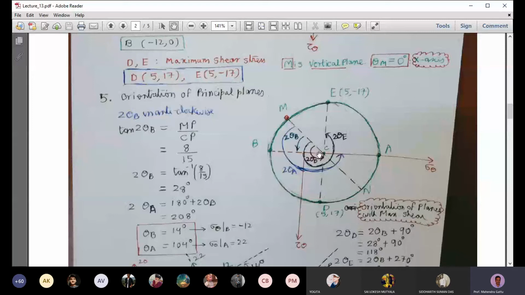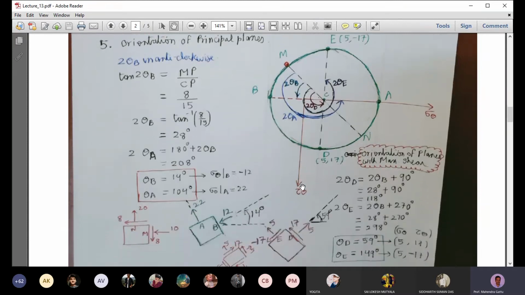It's a simple geometric problem. You can find the coordinate of G, and you can join G with the C, and then you can extend it, and it will intersect the circle at G prime, and then you can find the corresponding coordinate of G prime. So if you know coordinate of C, it will be Cx plus r cos theta, that is 5 plus r cos theta, and y coordinate will be minus r sin theta, and here it will be C minus r cos theta, and y coordinate will be plus r sin theta. So it's very easy. So we'll move to the next part of the class.